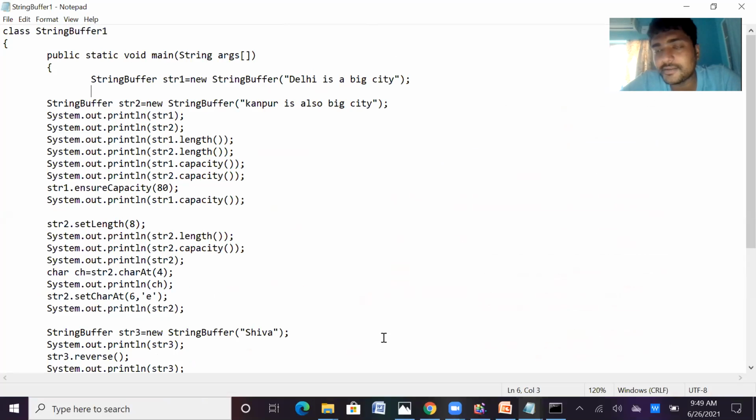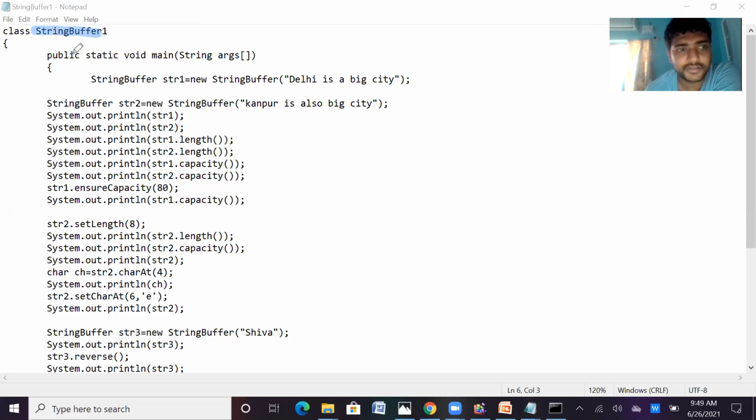In previous sessions, we have seen the string class and the methods supported by the string class for comparison, for searching, for getting the characters from a string. All these things we have seen. There are some methods supported by the string buffer class also. So let us study the mostly used methods available in the string buffer class. So let us see this.